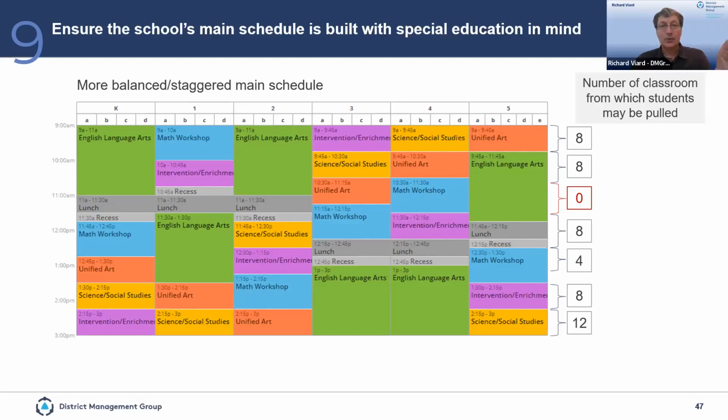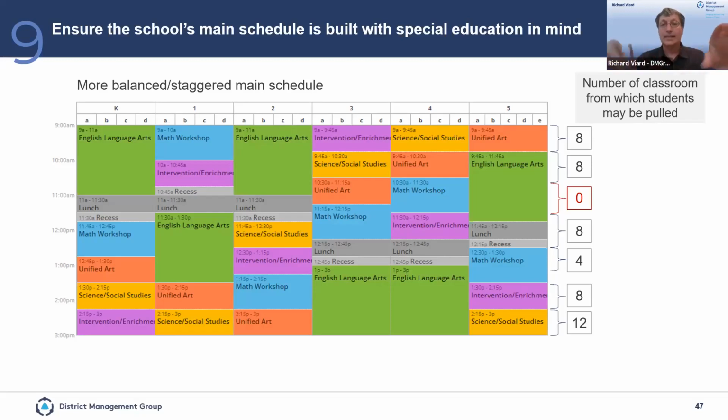So a special education teacher would know exactly when grade 1 is having intervention, or when grade 1 is having English language arts. And actually, we like an even more detailed schedule, where this English language arts block is broken down into the components of reading, and the math workshop is also broken down into whole class and small group, so that as a special educator pushes in, I would know exactly when math small group is happening, and I can push in during the small groups.